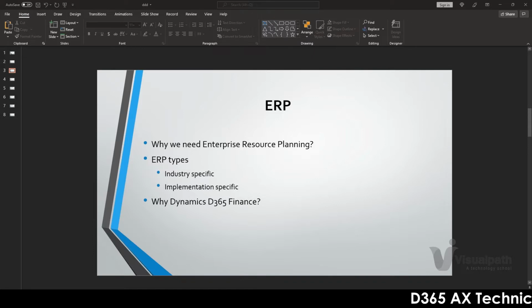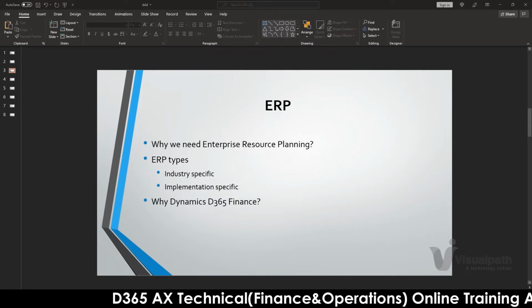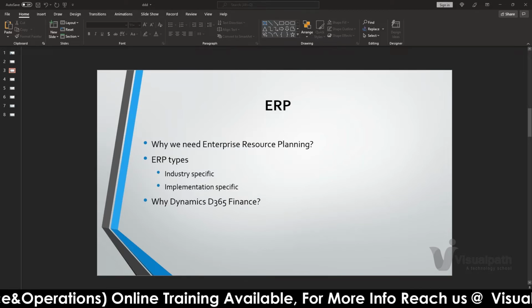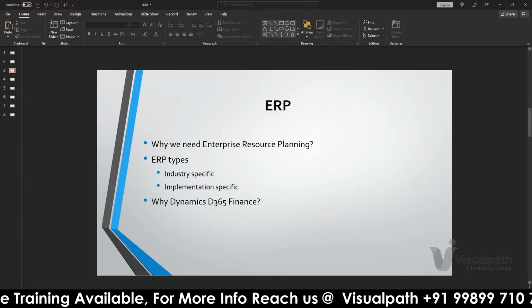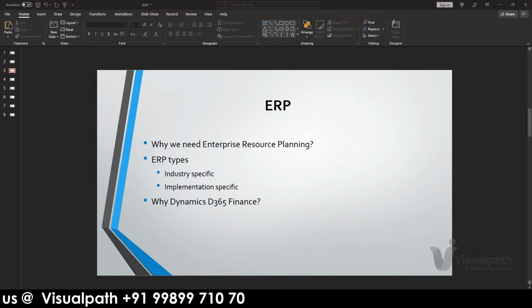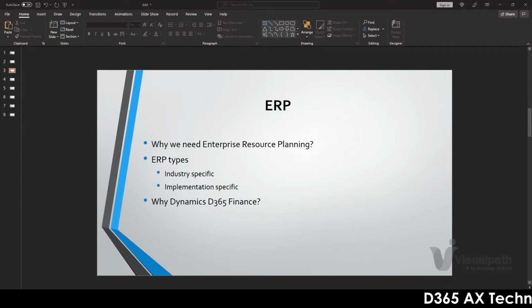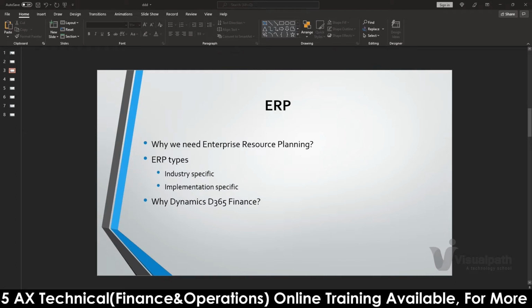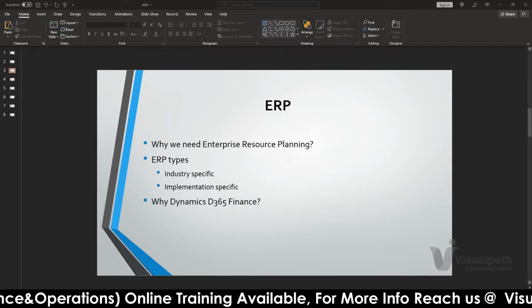If it's a small-scale or mid-level industry, they will be dealing only with transactions like accounts payable and accounts receivable, only finance-related modules. So the product provided by Microsoft BC will suffice for the customer. If they are using beyond those departments, like human resources and general ledger, these kinds of things.